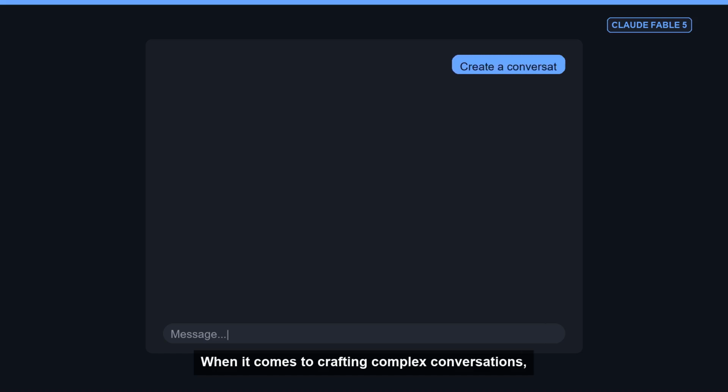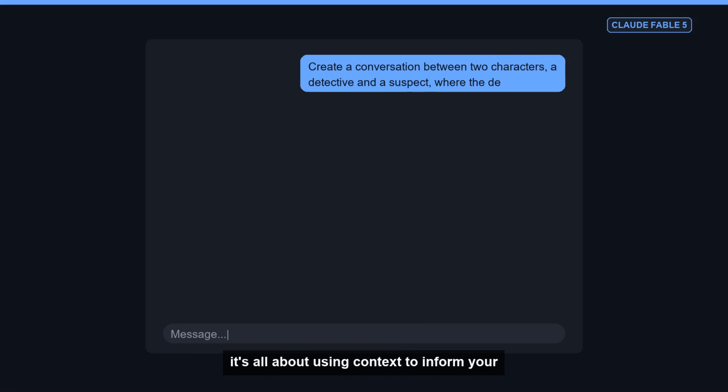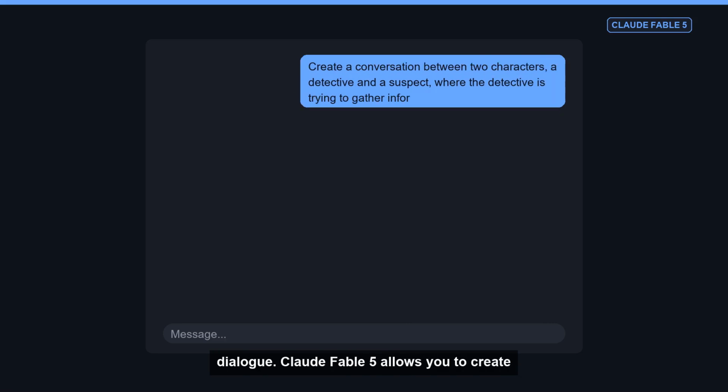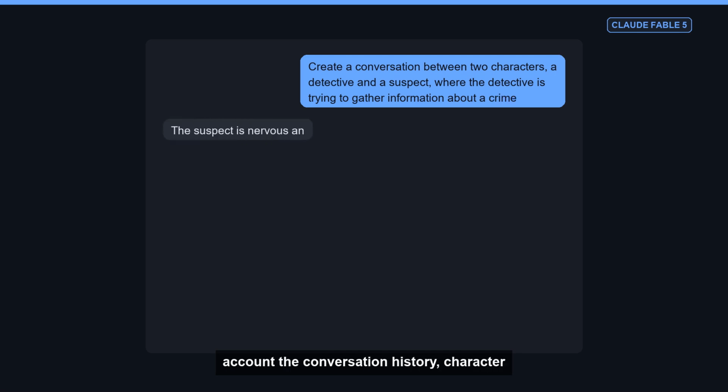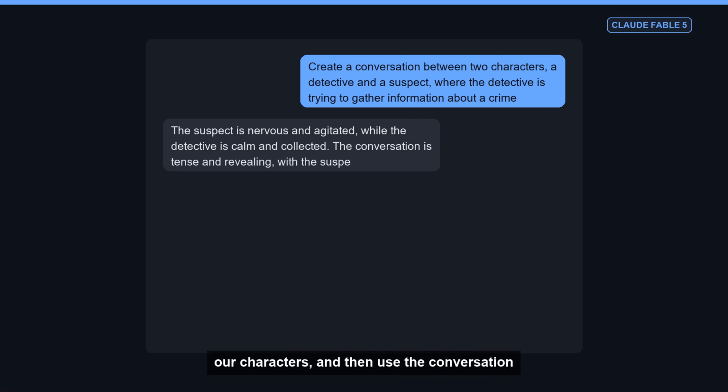When it comes to crafting complex conversations, it's all about using context to inform your dialogue. Claude Fable 5 allows you to create nuanced character interactions by taking into account the conversation history, character traits, and emotional state. Let's take a look at an example of how to craft a complex conversation using Claude Fable 5. We'll start by setting up a scene, defining our characters, and then use the conversation builder to create a nuanced